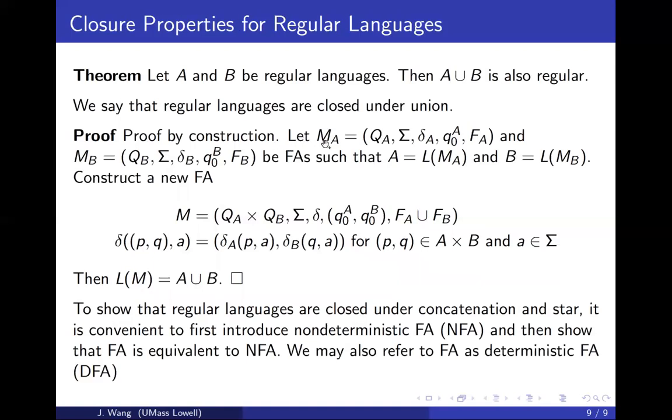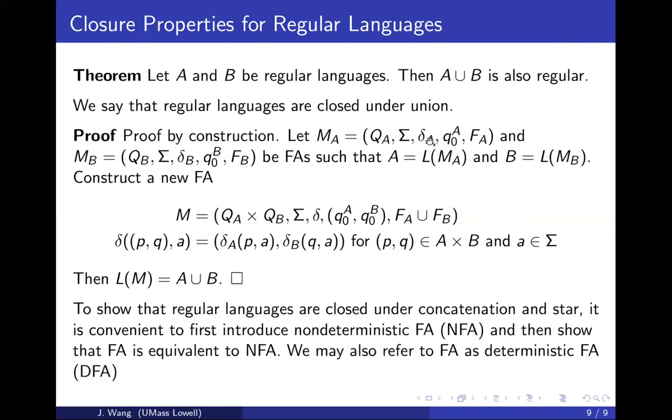Because A and B are regular, we know that there are finite automata MA and MB to accept A and B respectively. Let's call MA a 5-tuple: QA is a set of states, sigma,